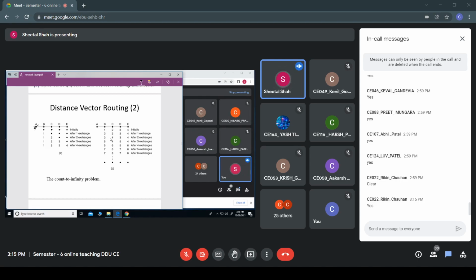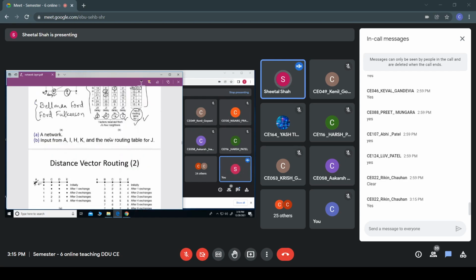Now B would periodically send a dummy packet to its neighbors, as we have done for this J. Similarly, B would send a dummy packet to its neighbors, that is A as well as C. Here we are taking the metric as hops. What B learns is that in a single hop it can reach A. Is it clear, everyone? The metric here is the number of hops. So B learns that it can reach A in one hop, and C, D, E are still not aware of this.